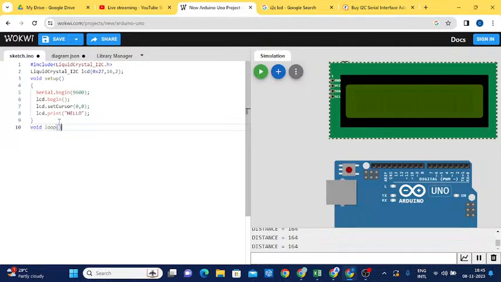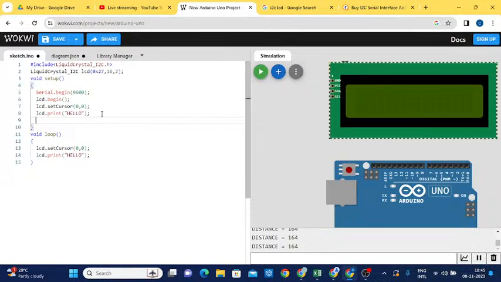Loop. In this while loop, the same conditions only I am going to execute here. So from the beginning onwards I'm explaining that whatever conditions we give within the void setup, it executes one time only. So here I am going to give a delay of 3 seconds. After finishing these 3 seconds, it will come to